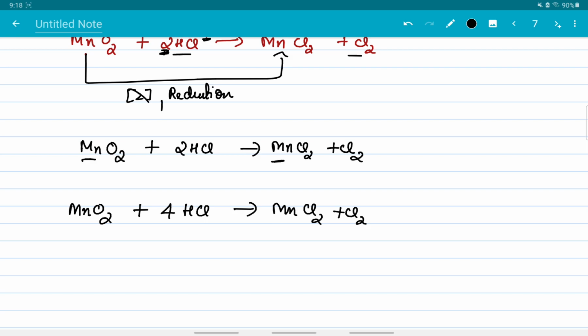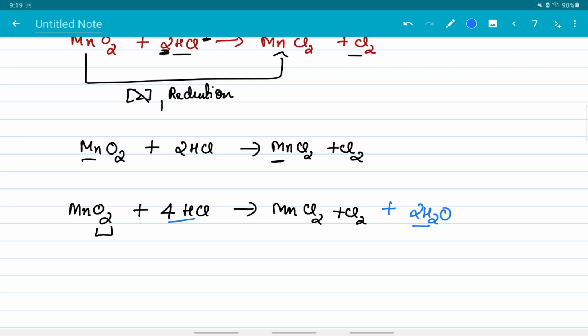Next step is to balance oxygen. On the left hand side, there is 2 oxygen, and on the right hand side there is no oxygen. So to balance oxygen, as you know, we are going to add H2O. And how many H2O are we going to add? Since there is 2 oxygen on the left hand side and we want 2 oxygen on the right hand side also, we will add 2 H2O. Now both the sides have 2 oxygens. Now the next step is to check for hydrogen. There is 4 hydrogen and 4 hydrogen, 2 into 2 is 4 hydrogen, so both the sides have 4 hydrogen. So the hydrogen is also automatically balanced.